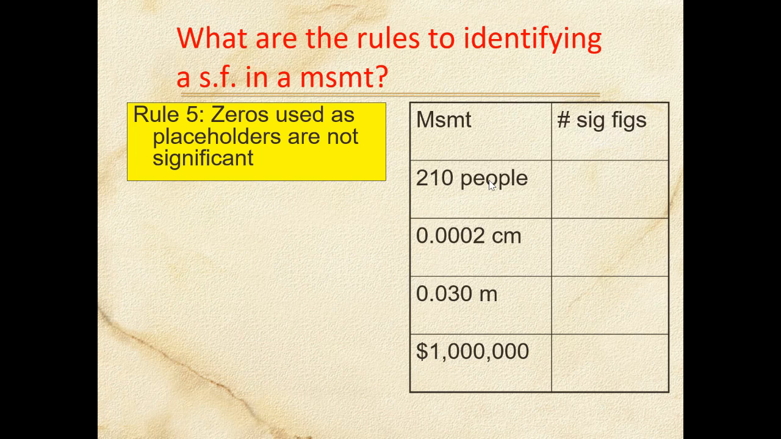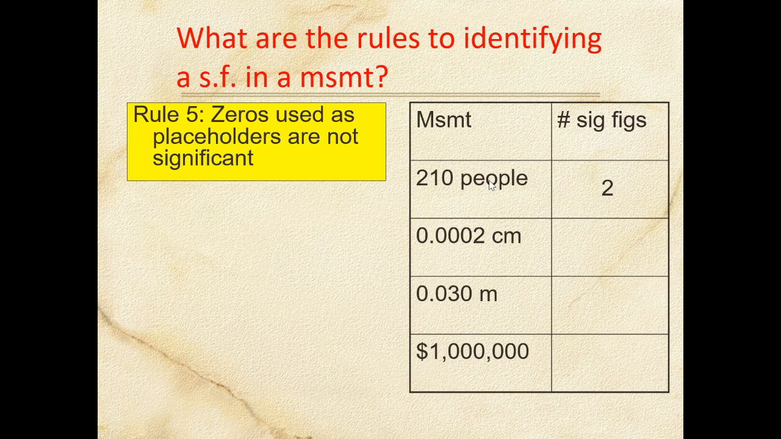Final rule number 5, zeros used as placeholders are not significant. So in the first one, the 2 is significant, the 1 is significant, and the 0 is not. There are 2 significant figures there. In this case, the 0 is considered a placeholder. In the second example,